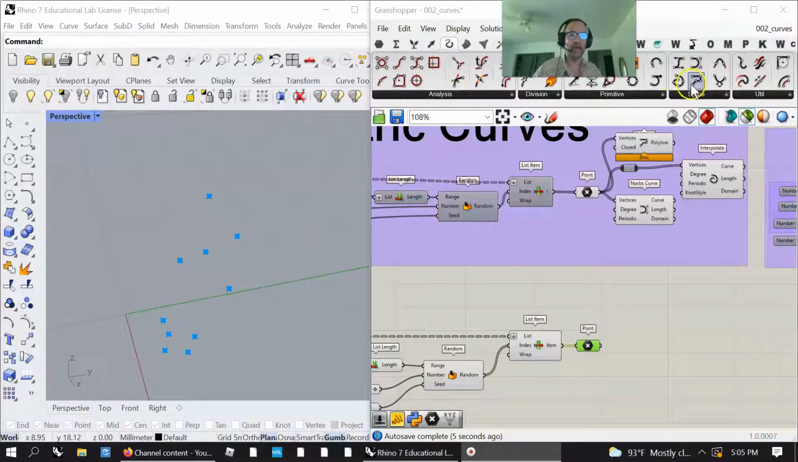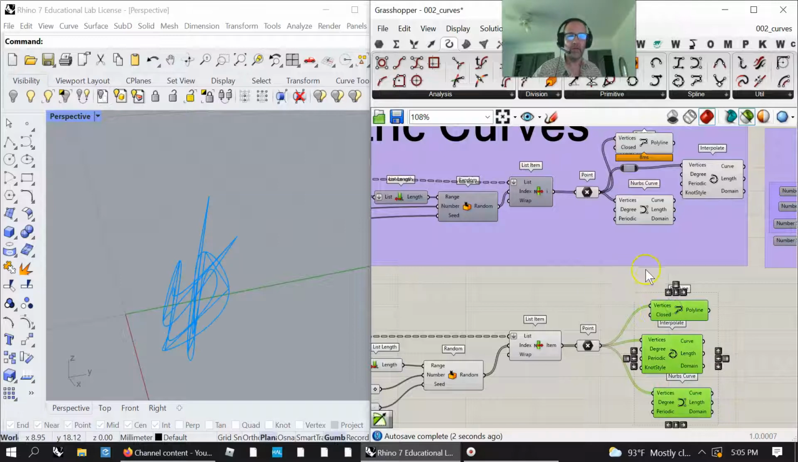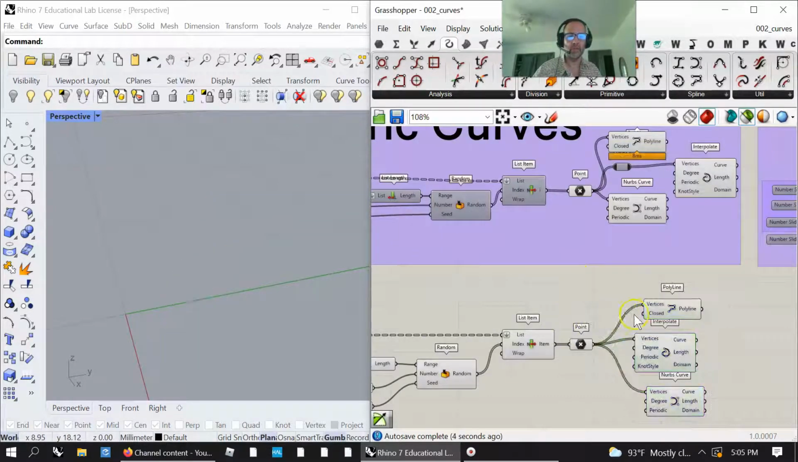If I move my head, I've got the polyline, I've got the NURBS interpolated, and I have the NURBS curve. There's a bunch of other stuff you can experiment with. I just want you to pop those in and make sure they're all working. And there you go. You've got wonderful little lines. If I remove the other ones, I've got my